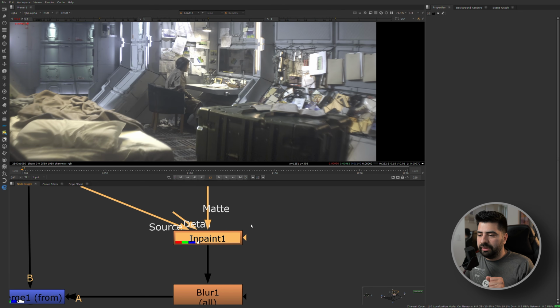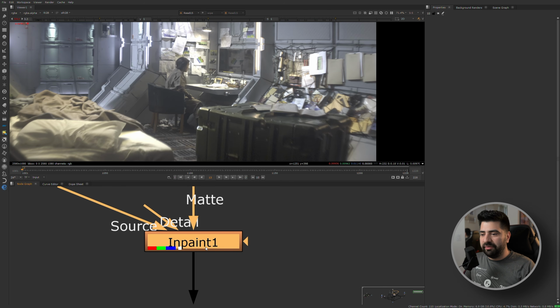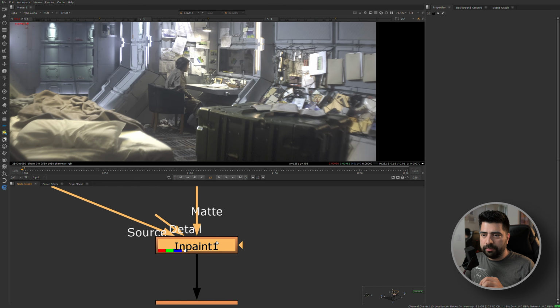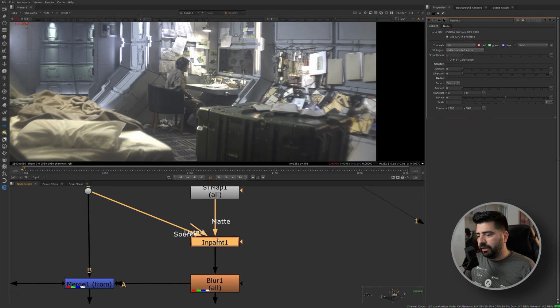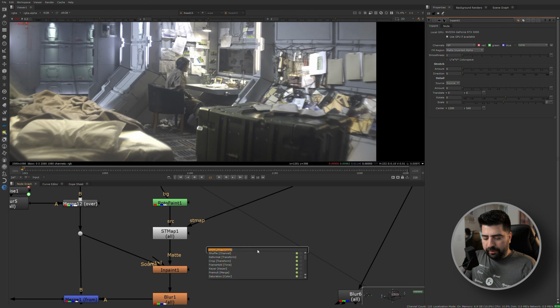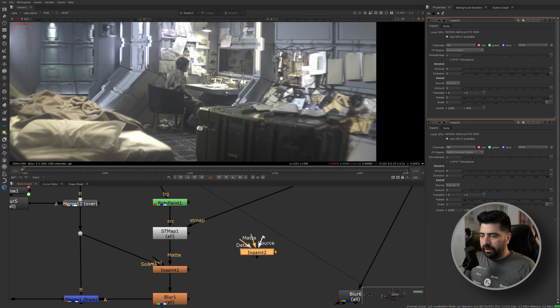So the inpaint node, I believe, is the most underrated node in the history of compositing. It's really cool. It's very fast. It does a great job reproducing gradients and smearing colors and stuff like that. So you can fill a hole, or you can extend some edges, and also you can do multi-gradients, but you just need some tweaks. So if I bring in a fresh new inpaint node and plug the source to my plate